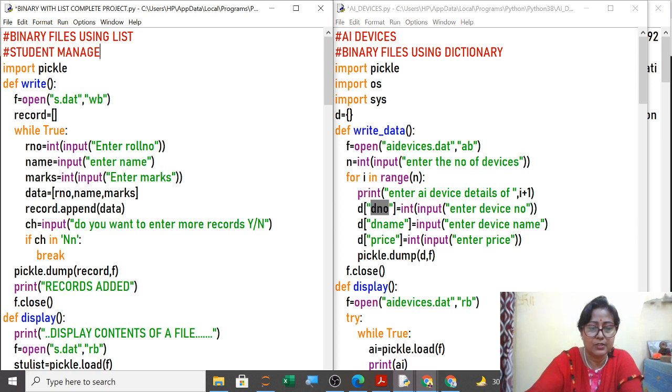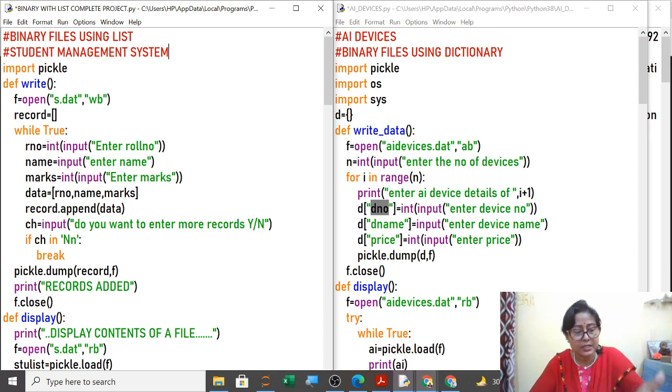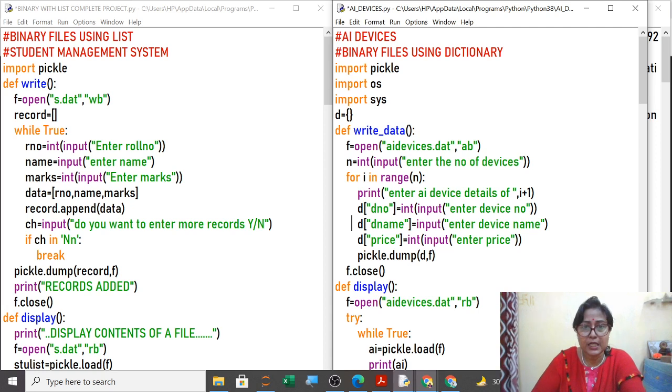Student management system. First I am explaining with this, and then we will design all the different other projects like e-learning, e-commerce, then the other one, government data like passport making, Aadhaar card, how to make it. So all these things we will do one by one. Now the difference between dictionary and list.